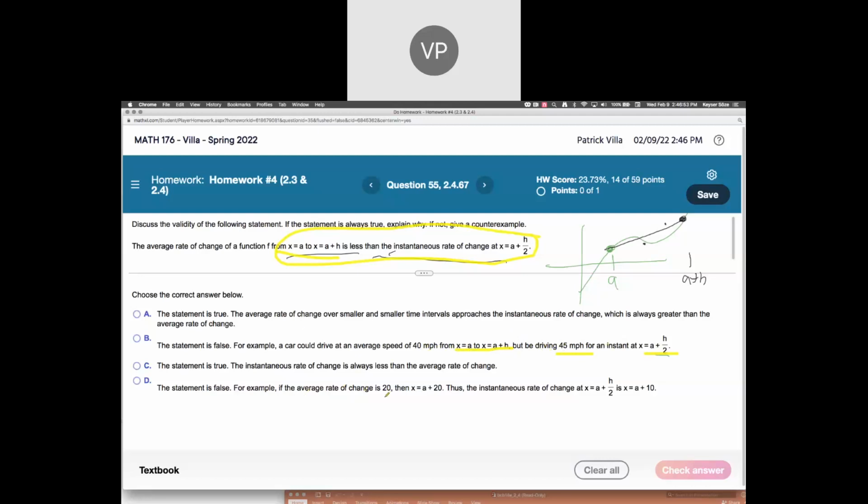Okay, if the average rate of change is 20, the instantaneous rate of change over there could be a plus 10. I don't know if I like that one either. And you see why I don't actually like these on a test. They're good for practice, but I know they can frustrate some of you, so I don't want you to get wrapped up on these problems too much. Okay, so if we have to pick, just looking at everything here in the problem,